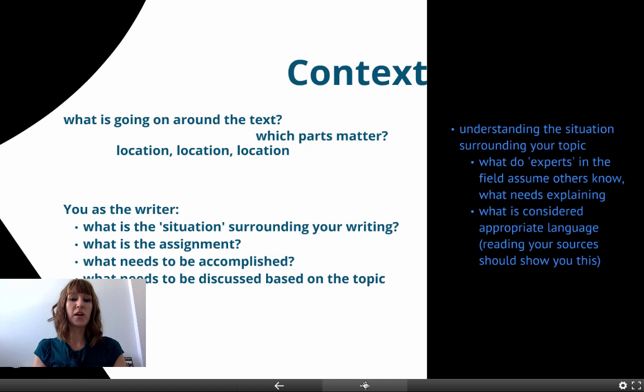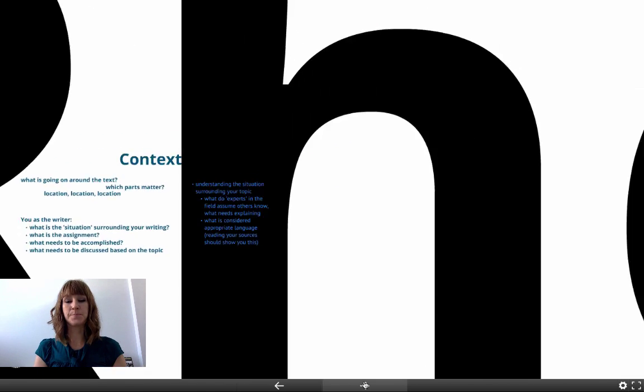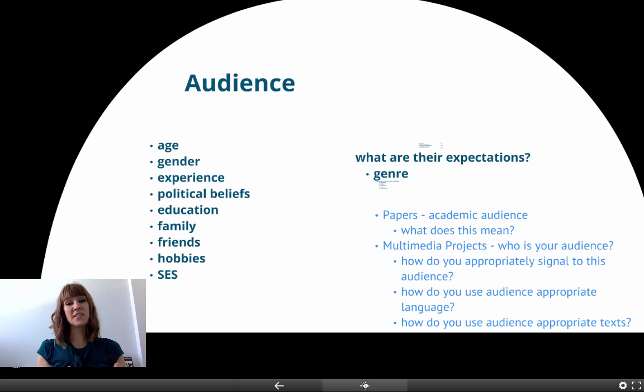How do you communicate? Why do you communicate in that particular way? The last piece is audience. So age, gender, experience, political beliefs, education, family, friends, hobbies, socioeconomic status. Any combination of these ideas within a particular context with specific text can have very specific meaning or can